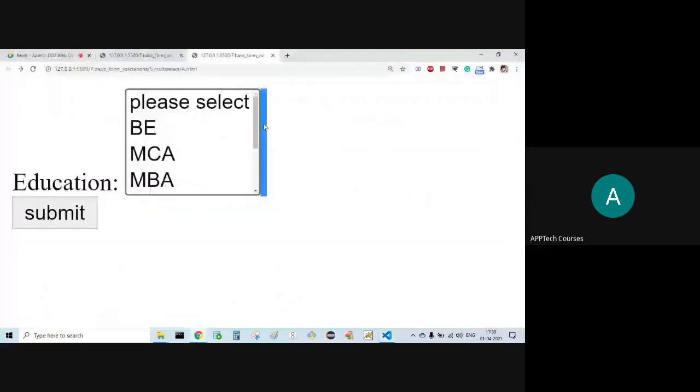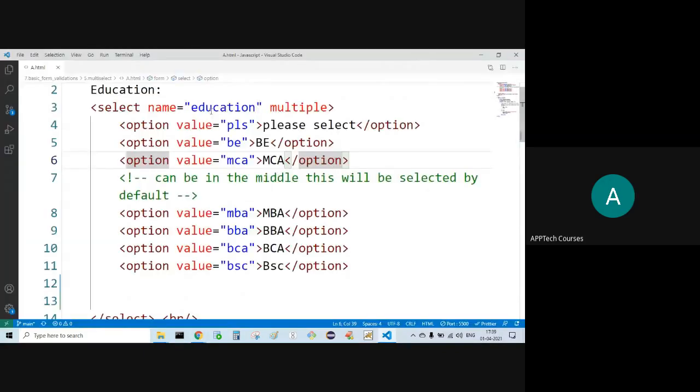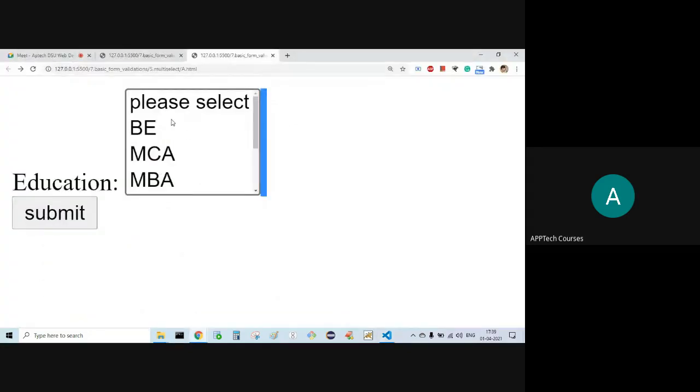Here I'm not using the selected. Why? Because in this case I can select multiple options now. Here we can select multiple options, not only one option.